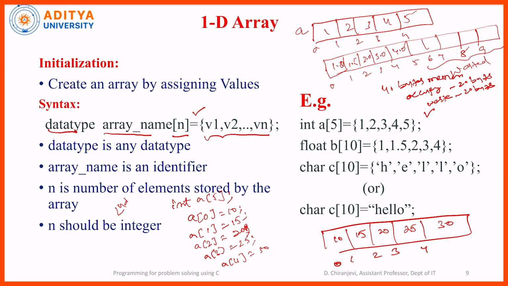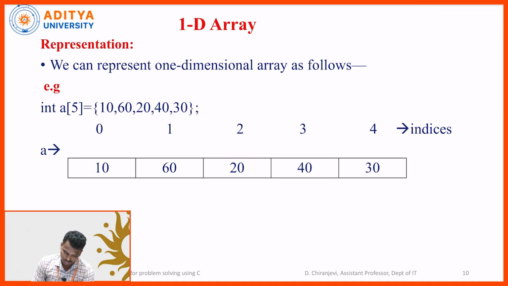The first approach is by using curly brackets, the second approach is by index like this, and by using scanf you can also initialize an array, that is the third approach. Same thing I showed in the earlier slide. If you declare an array like this, the elements are stored from index 0 to index size minus 1, size is 5, so up to 4. These are the indexes and these are the values stored in memory, and this is the array name. How can we access these elements?